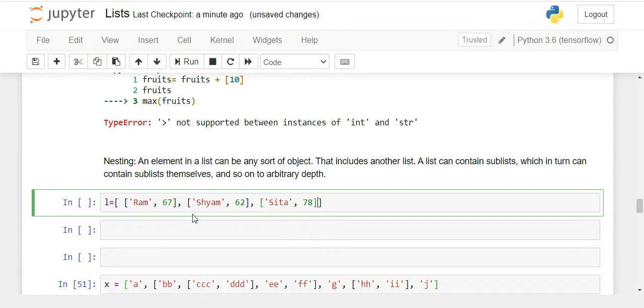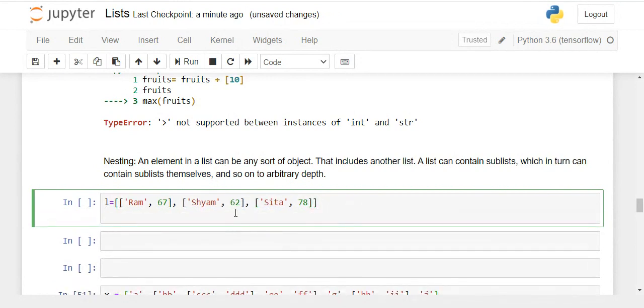So what can we achieve? Sometimes we have a situation like this, with a 2D list or a 3D list, where the elements are stored like this. Along with the name, the marks are also stored. But what I want to achieve is to find, let's say, the average of the marks obtained in Python by these three students. Let's do it quickly. Using a for loop, I can iterate over this list, just like we iterate in a normal 1D list.